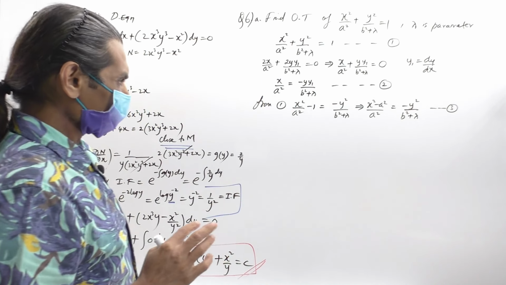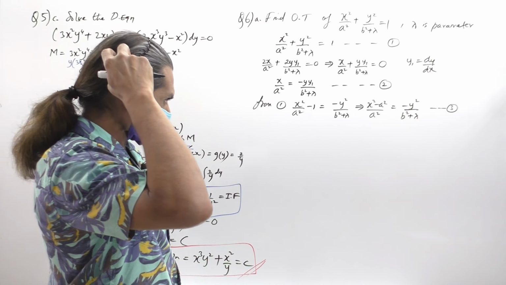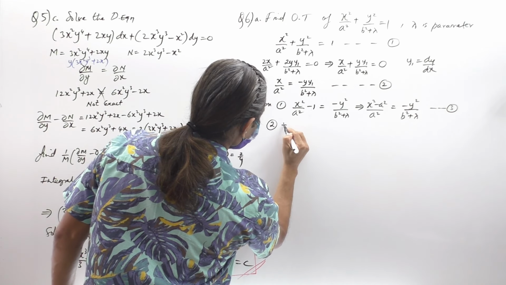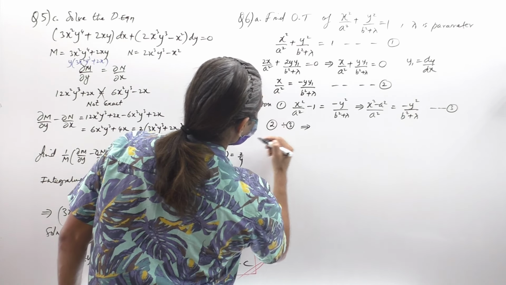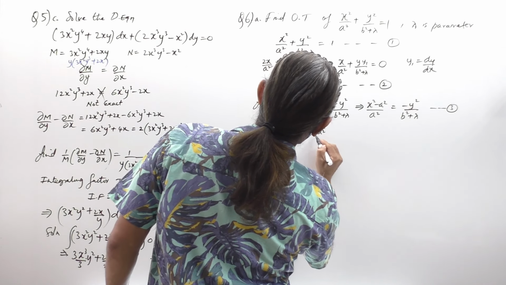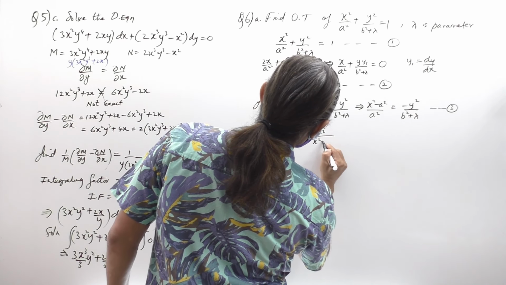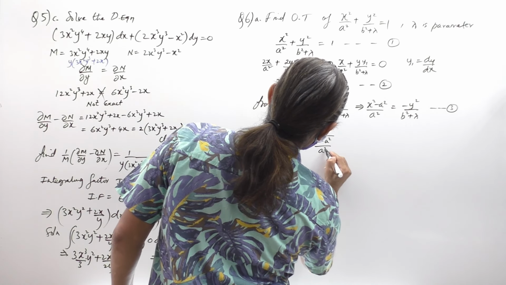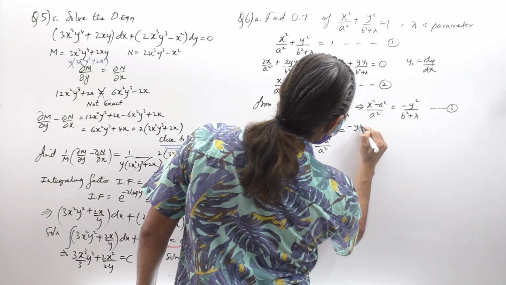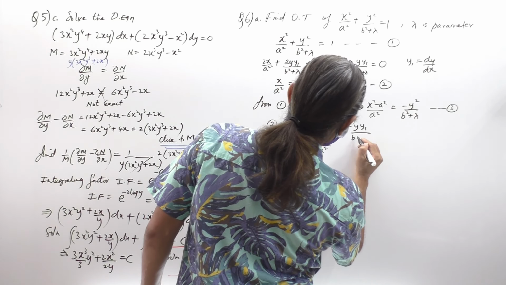So see, I took the help of the question. Why did I do this? Because if I divide 2 by 3, what do I get? See, x by a square whole divided by x square minus a square by a square equals minus y1 by b square plus lambda